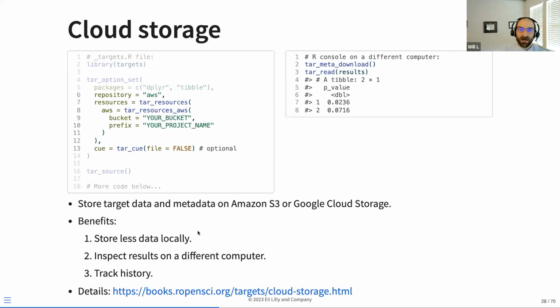Also, as of some recent updates to targets, even the metadata is stored on S3 or Google Cloud if you select a bucket at the level of tar_option_set, which really opens up different kinds of deployment options. You can run a continuous integration workflow, which pushes to a bucket, and then pull that metadata in a local session and interact with it and check on the progress of the pipeline from the comfort of your local computer and local R session. And there are use cases for this that I haven't quite fleshed out yet, but I'm really eager to,